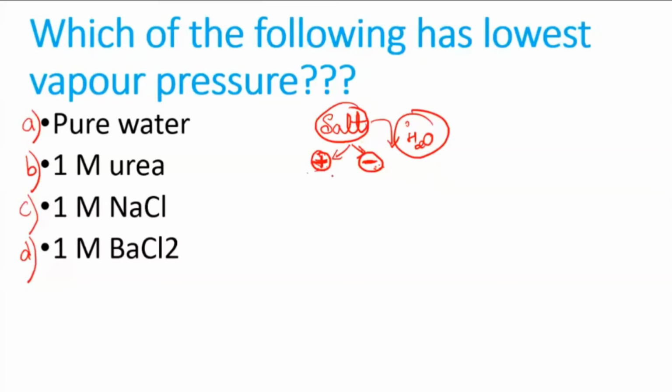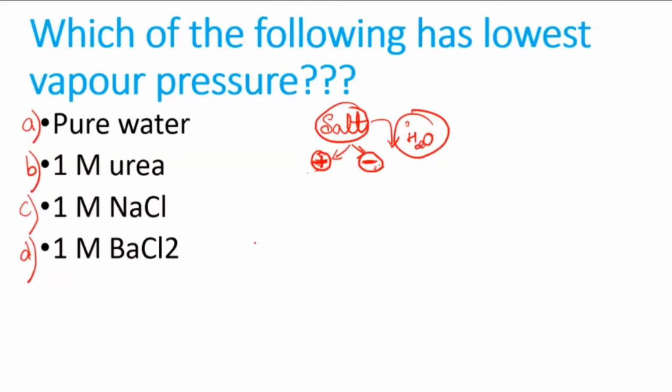I gave you one hint. So you should see where the number of ions produced is larger. More the number of ions, less will be the vapor pressure. I'm getting different answers. You are giving me, yes, very good. But I'll go with majority. Always majority wins. See, majority is telling me D. Yes, very good. D is the correct answer, okay?